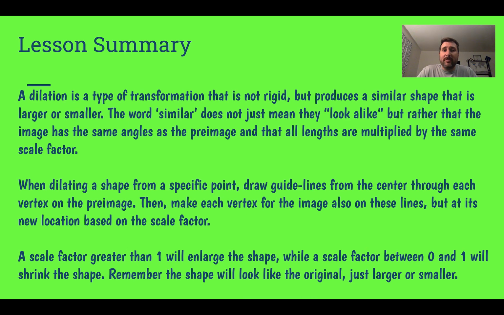When we're dilating a shape from a specific point, you draw guidelines from the center through each vertex or the corners of the pre-image. Then you make the vertex for the image also on those lines, but multiplied based on the scale factor. Scale factors greater than 1 will enlarge the shape, while scale factors between 0 and 1 will shrink the shape. Remember, when you're doing these, the shape looks like the original, just larger or smaller. We also use those for similar figures when we're calculating unknown sides. The fact that they are just dilations of each other means that they had to be multiplied by that same